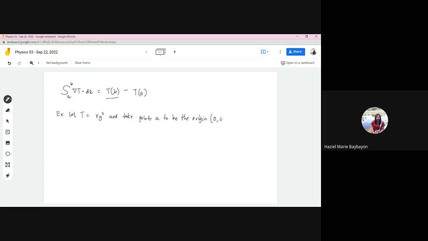That is 0, 0, 0. And the endpoint, so take point A to be the origin, and the endpoint B,